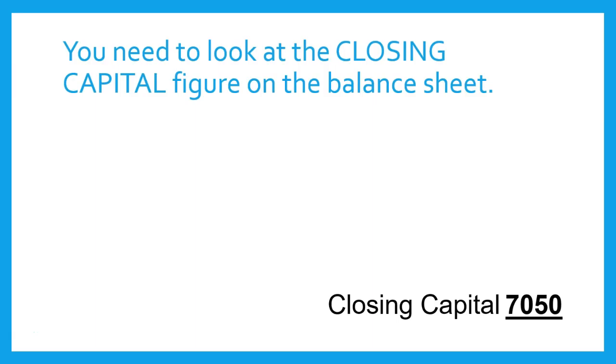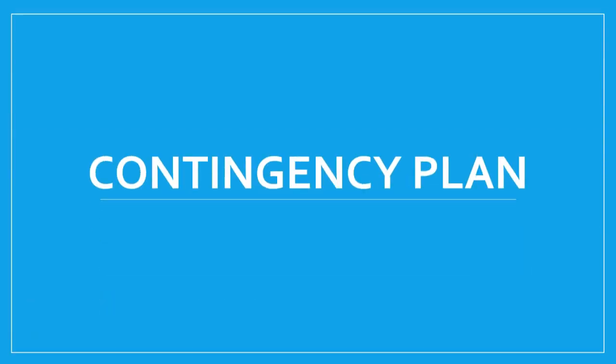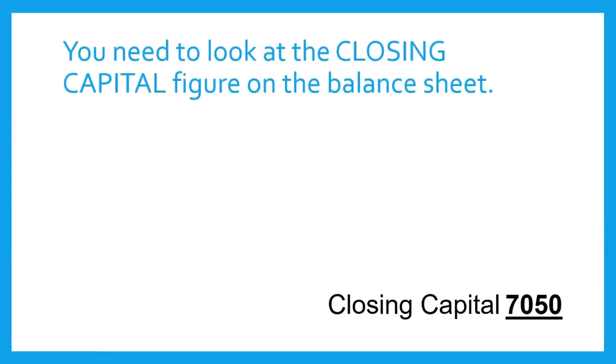You need to really look at the closing capital figure on the balance sheet, which is at the end of the balance sheet. So you click on the tab and then you find closing capital. That's the figure you need to use. Now, with all these figures, you need to stick them into the cash flow analysis section, and you need to describe what's happening. So the closing capital, closing balance, and the net profit, you need to use those figures and highlight what those issues are.